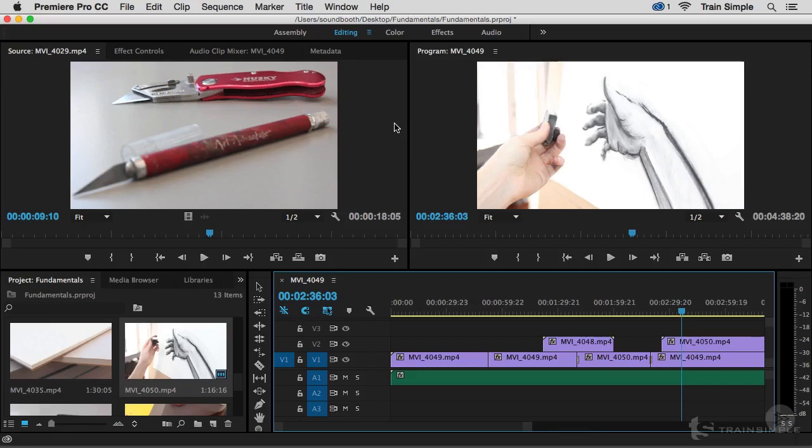As we continue our exploration of Adobe Premiere, I think it's important to spend a little bit of time discussing some of the preferences. And this can be somewhat confusing in an application like Premiere because there are so many different areas in which you can configure and optimize settings to best suit your editing habits. With that being said, I'd like to give you a general tour of some of the things that you can